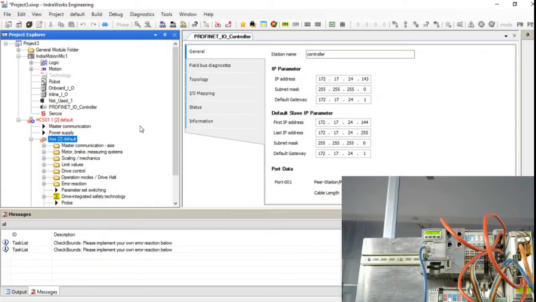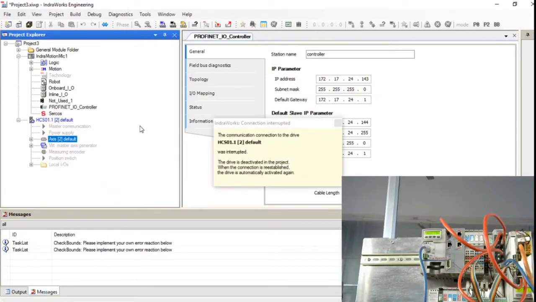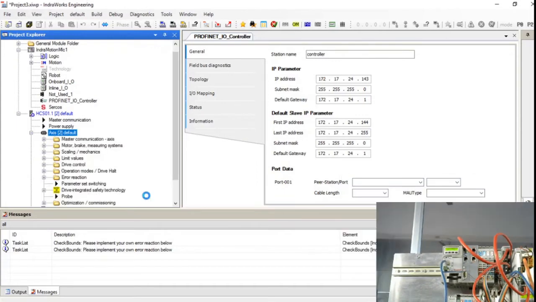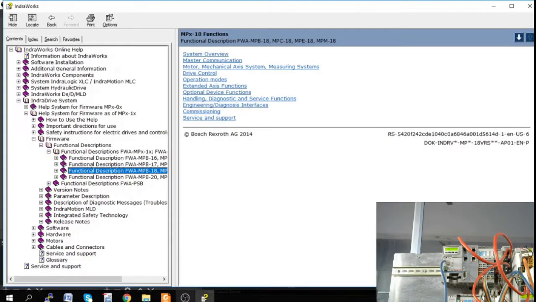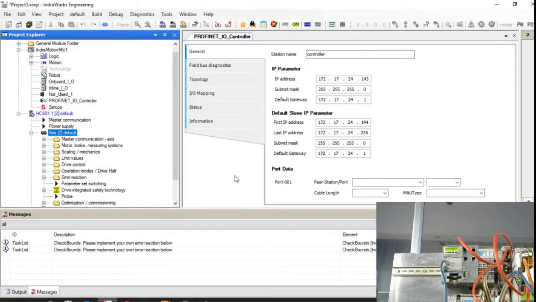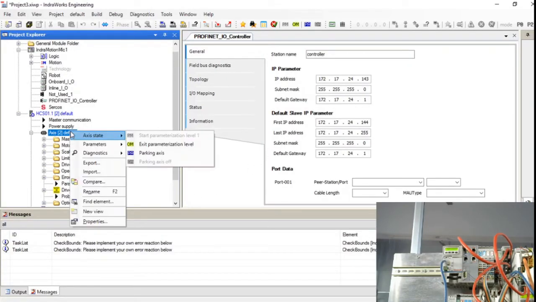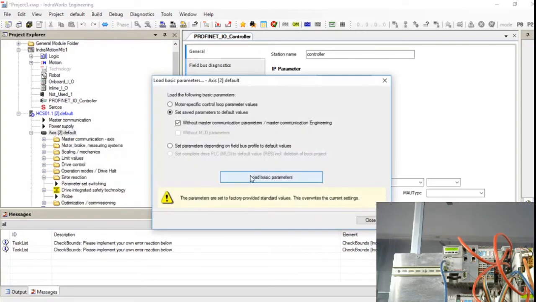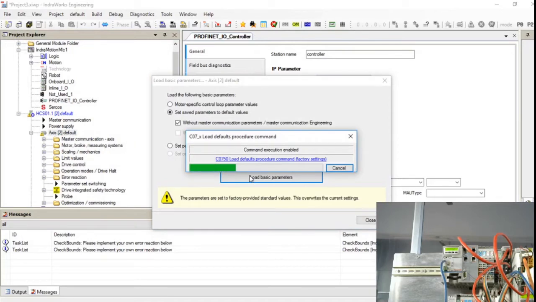So I will switch off the drive. Now we need to load the basic parameters of the drive. So parameters, go, load basic parameters. It will load all the basic parameters of the drive.